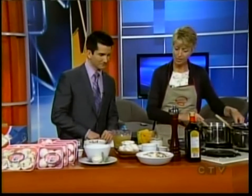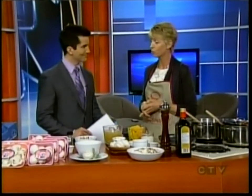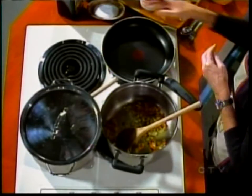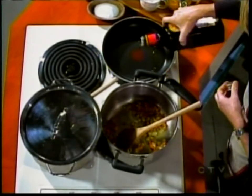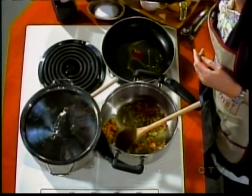Okay, we're going to make two recipes today. One is called a squash bisque. It's a fresh mushroom squash bisque. And the other one I'm just going to do is a simple sauteed mushroom. So we'll start the sauteed mushrooms first of all. And the reason I'm doing a simple sauteed mushroom is just to remind people that if you have mushrooms in the house, which you should,